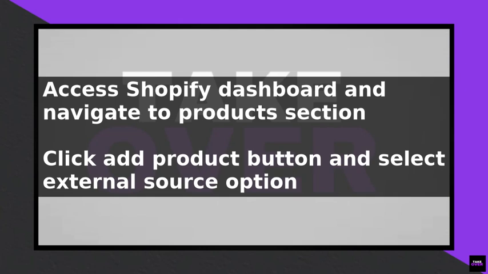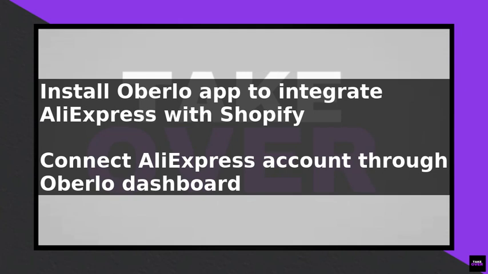Once installed, navigate to the Oberlo dashboard and connect your AliExpress account by clicking on the Find Products button and selecting AliExpress as the supplier. Search for the product you want to add to your store, and once found, click on the Import to Oberlo